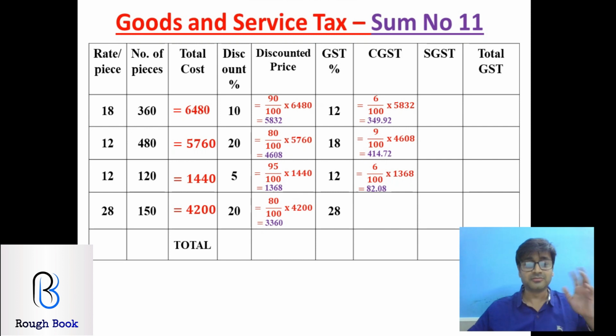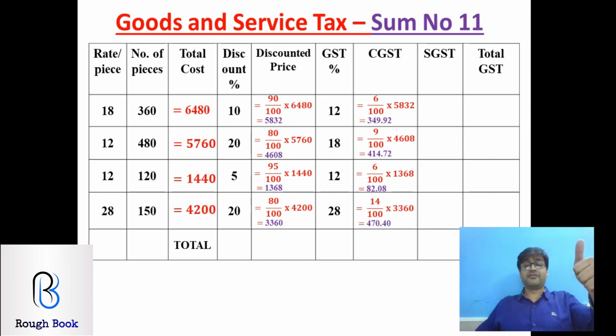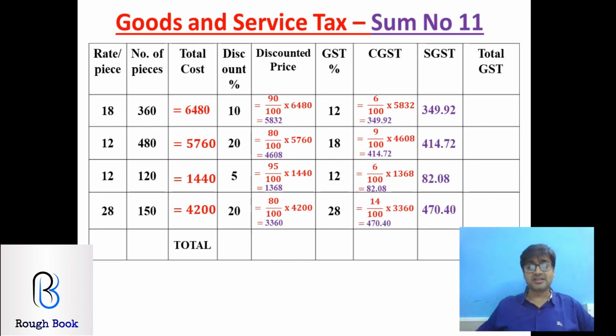Now the next question for 1 crore rupees. Come on, 1 crore. Joking. 3360, 14%. So 6 4s are 24, 12, 13, 14, 12 and 1, 13, 6, 3, 3. So I get 4, 10, 6 and 1, 7, 4. 470.40. Computer G, am I correct? 470.40. So all our SGSTs are going to be the same. Nothing to calculate again.